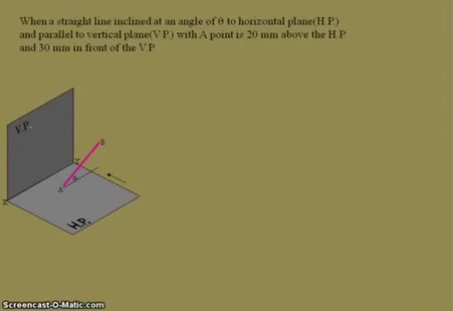In this condition the front view, this arrow mark represents the front view. In this front view we can see the true length of the straight line with an inclination theta with the horizontal plane, or the horizontal reference line we have taken which is parallel to the horizontal plane. So that is the front view. The arrow marks represent how the straight line falls on a vertical plane while we are observing in front view. When we observe this straight line in front view, it will look like it is falling on a vertical plane like that. I am giving the name as A dash and B dash.